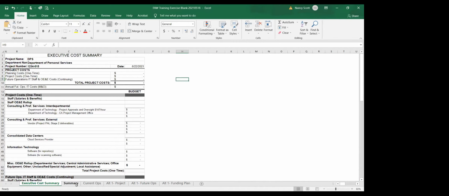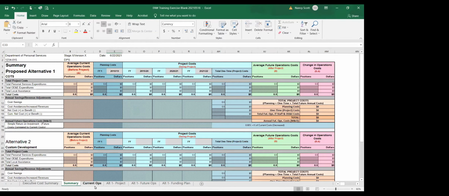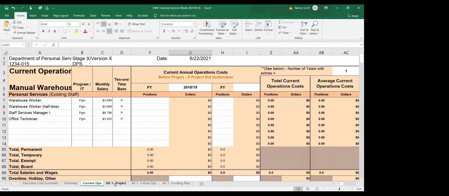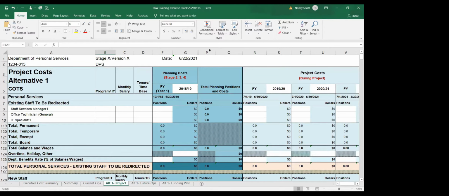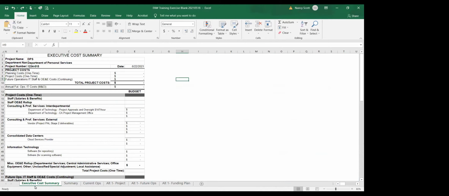I don't know why you would do this, but if you wanted to, they're not protected fields, so you could override this and put a different date if you wanted to. It would be a department by department determination if they wanted to do that or not.